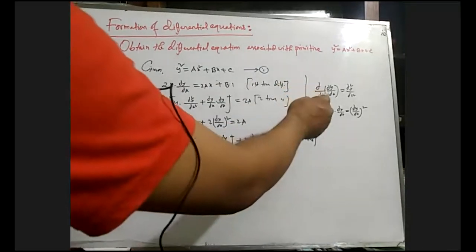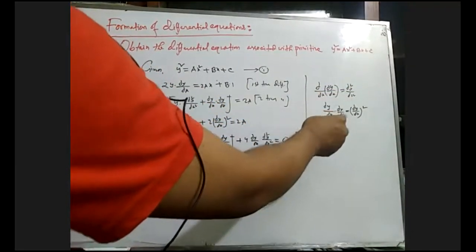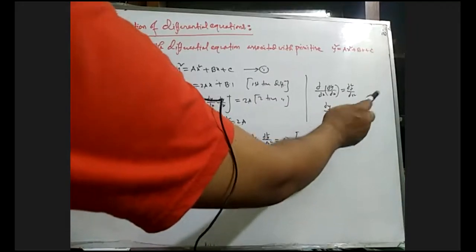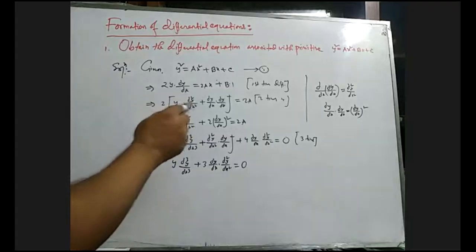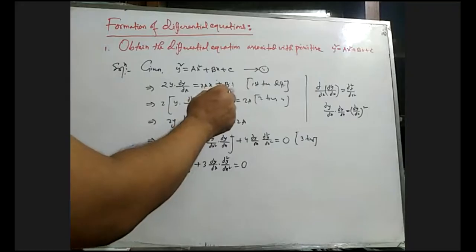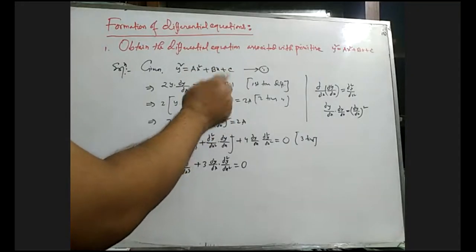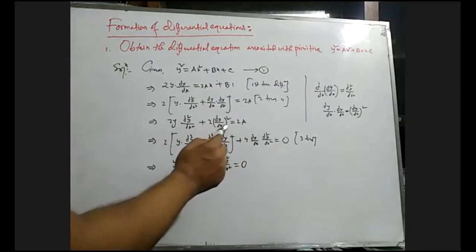This is the second time differentiation, which is why it is second order. Now this is dy/dx multiplied by dy/dx, that is dy/dx whole square. Remember it, these are not the same. So just using the UV process, we get this. This is the 2 times differentiation. So b is gone, c is also gone for the first derivative, b is also gone for the second derivative, and the last constant a is also gone for the third derivative.